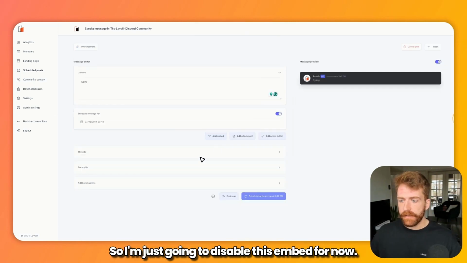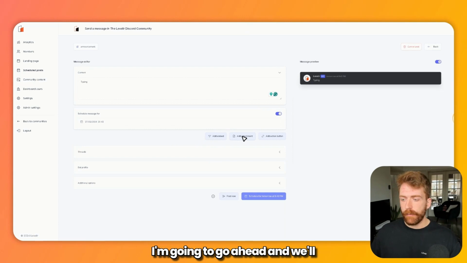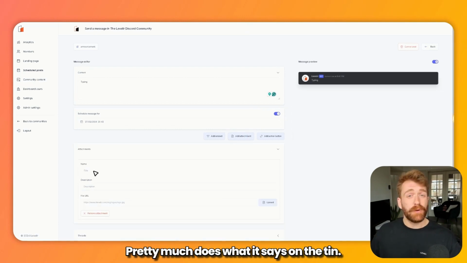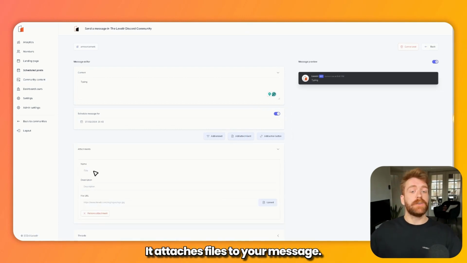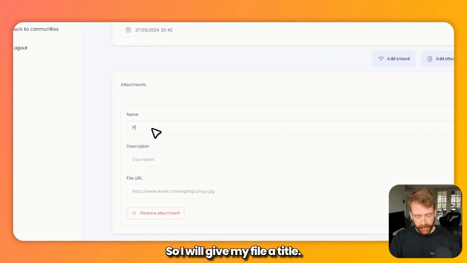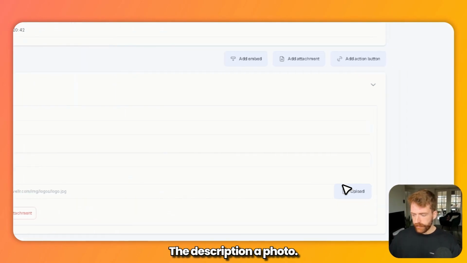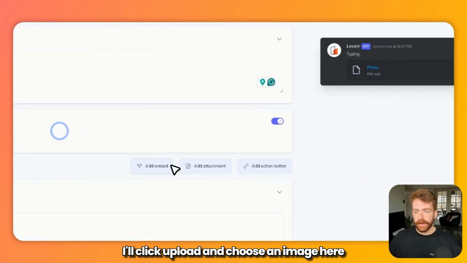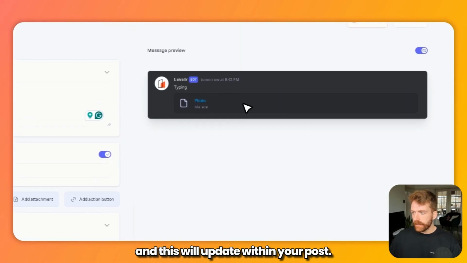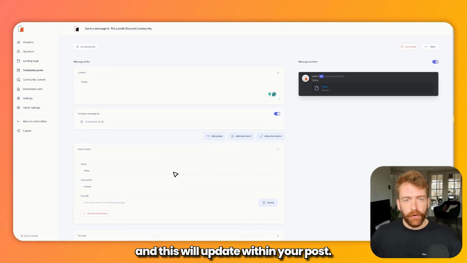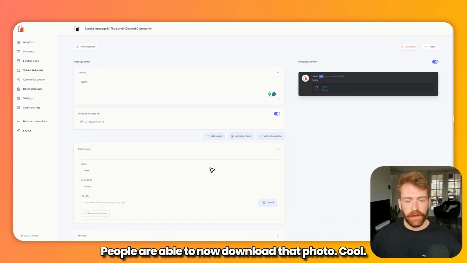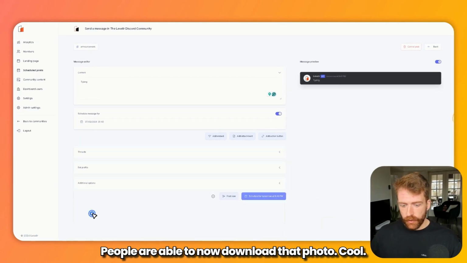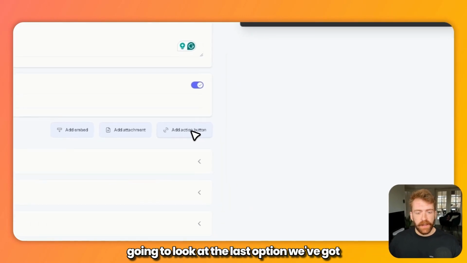So I'm just going to disable this embed for now. We'll have a quick look at attachments. Pretty much does what it says on the tin. It attaches files to your message. So I'll give my file a title. It is going to be called photo. The description, a photo. I'll click upload and choose an image here, and this will update within your post. People are now able to download that photo. Cool. I'm going to remove this for now, and we're going to look at the last option we've got here,